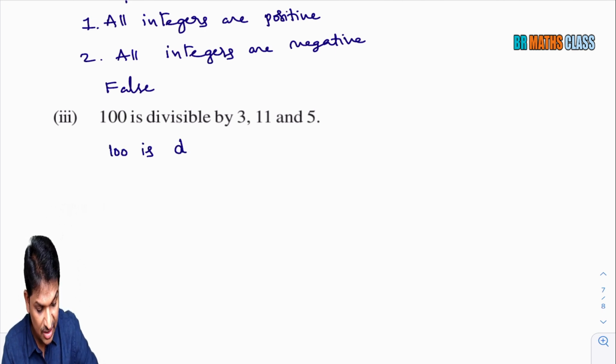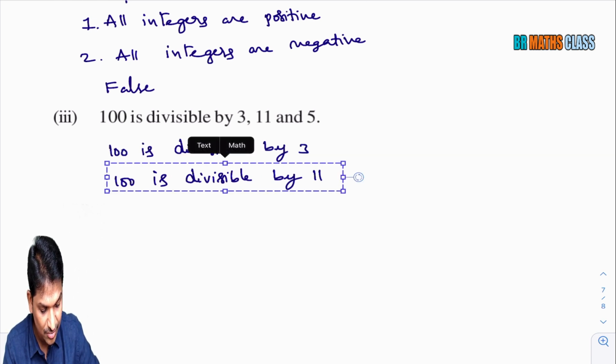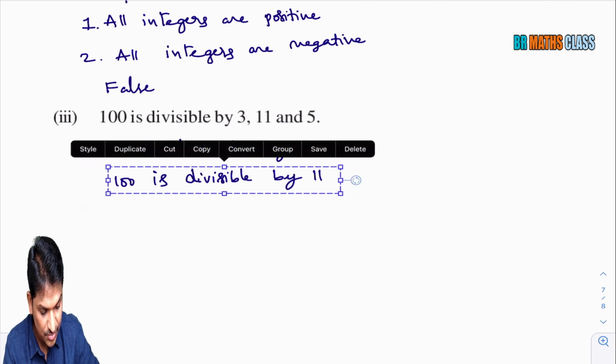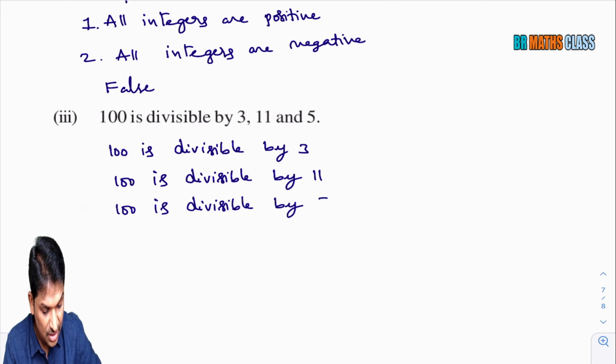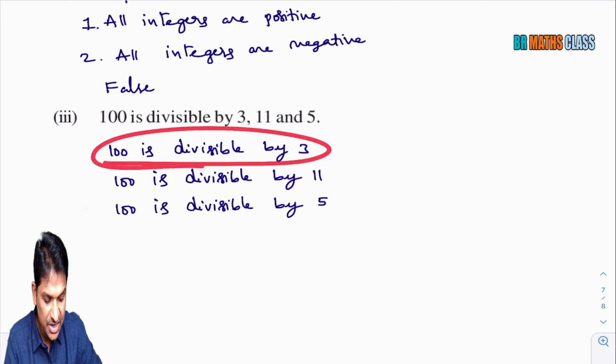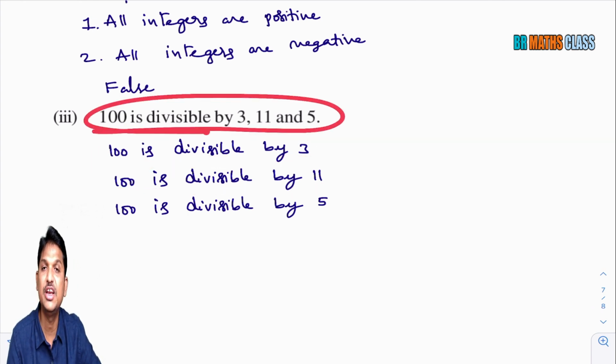100 is divisible by 3. 100 is divisible by 11. Okay. Next one is what? 100 is divisible by what they have given? 5. These are the component statements they have given in this. Component statements are the simple statements present in the given compound statement. 100 is divisible by 3, 100 is divisible by 11, 100 is divisible by 5 are the component statements in